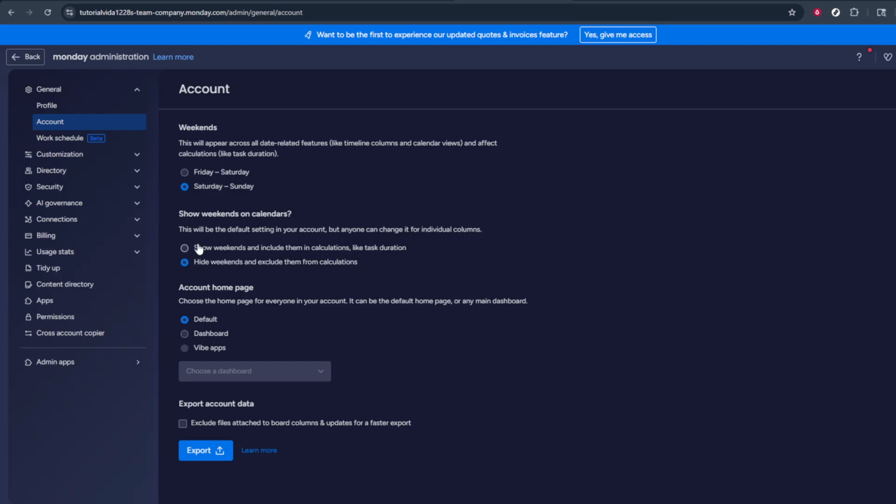Now, within the account settings, look for the option called Hide Weekend. This is usually presented as a toggle or checkbox. When this setting is turned on, weekends will be hidden from relevant calendar and timeline views, helping you focus only on working days. Simply click on Hide Weekend to enable it. Once it's activated, your calendar